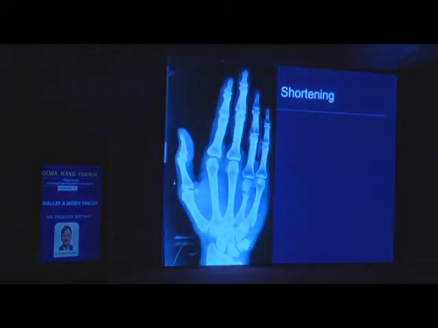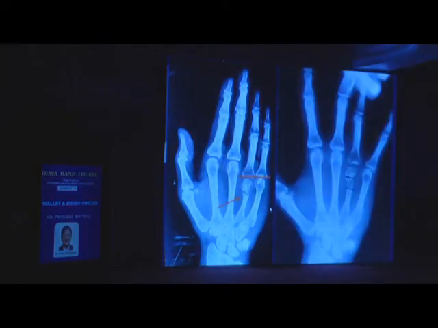Shortening. Another thing is the shortening, and this is an old fracture, and there is shortening. Now you can see here, this knuckle has moved proximally, and now the metacarpal arch is distorted. This is not acceptable. Therefore, this requires an open reduction, restoration of the length, correction of the shortening, and